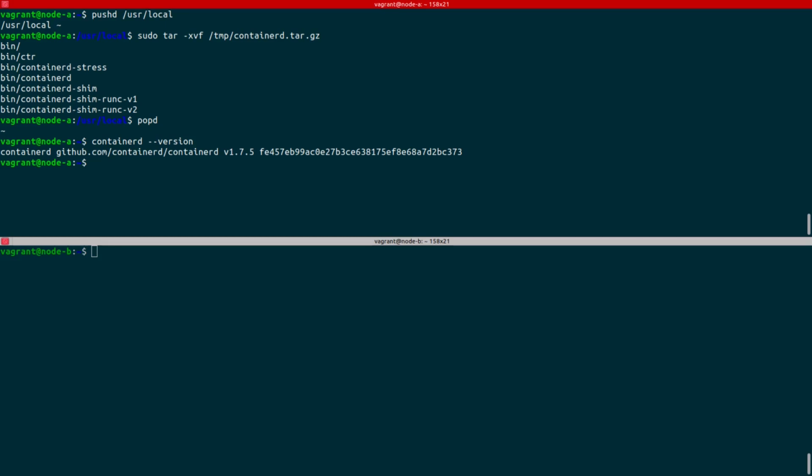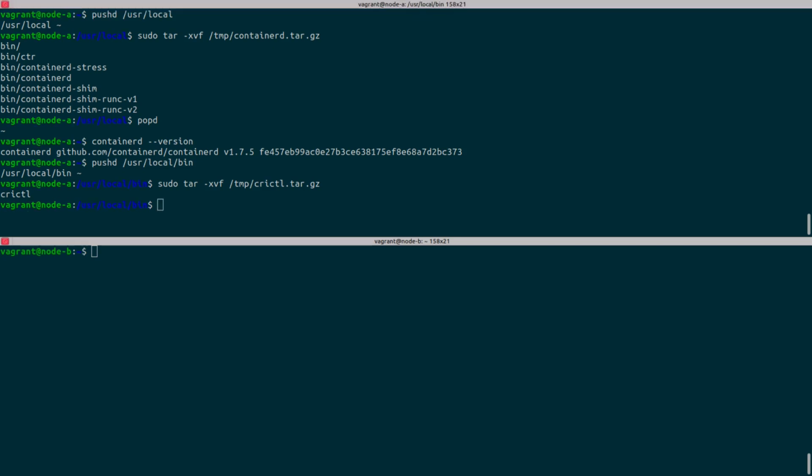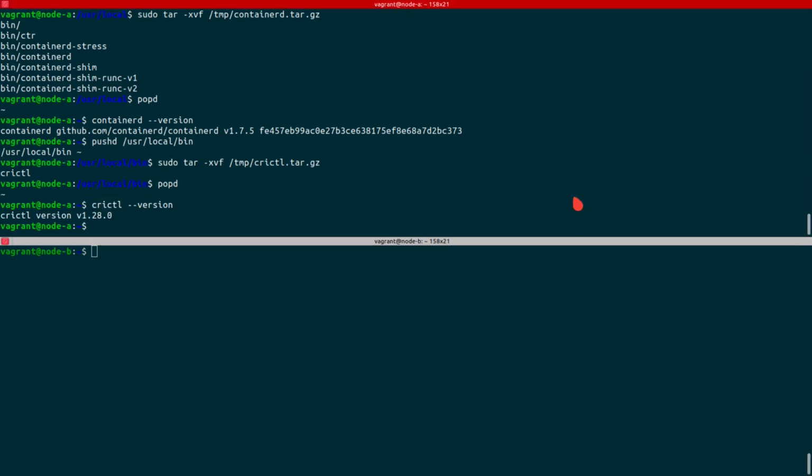Let's install the crictl. Let's go into our /usr/local/bin and do a sudo tar -xzf of the crictl tarball that we downloaded into our temp directory. Okay, let us come out of that directory and now do a crictl version. It is giving a version of 1.28.0. Okay,